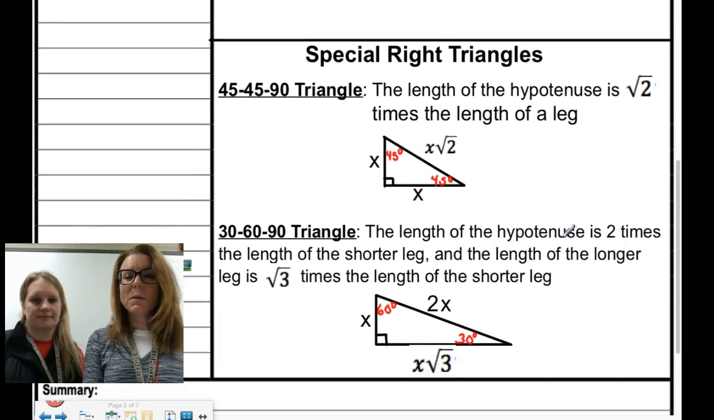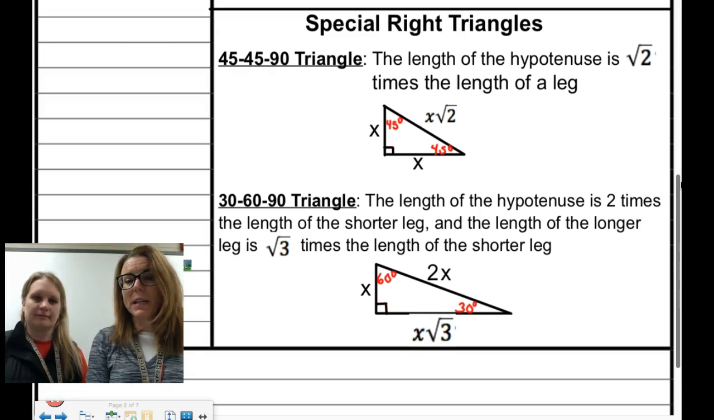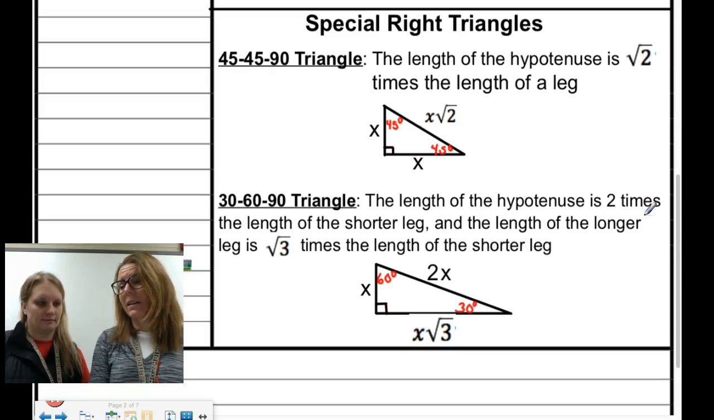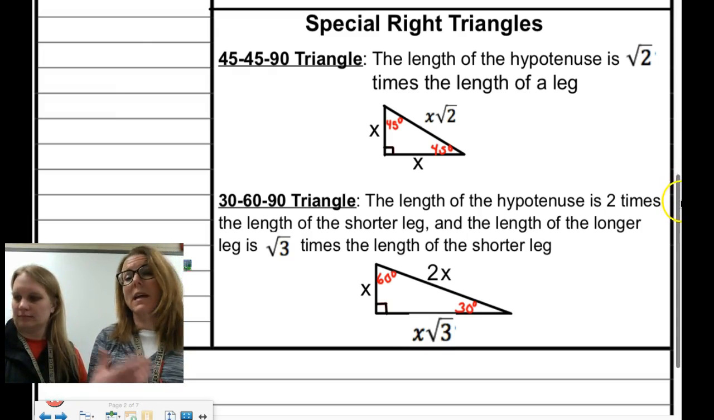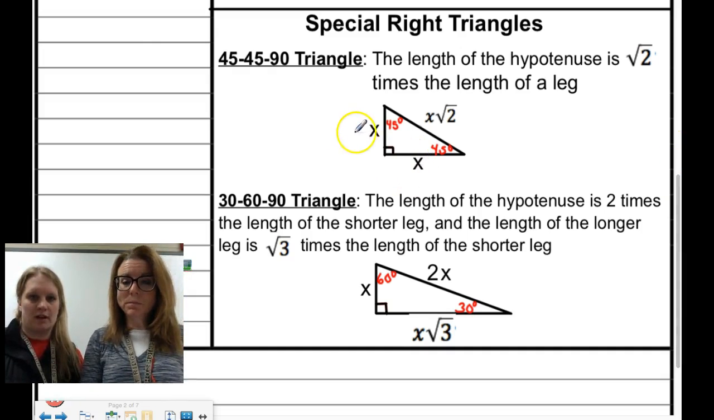Now we're going to talk about two special right triangles, the 45/45/90 and the 30/60/90. If you have a 45/45/90 triangle, the length of the hypotenuse is going to be √2 times the length of a leg. In a 45/45/90 triangle, each of the legs are identical. So the hypotenuse is just x times √2, where x is the length of a leg. In geometry, we call that L,